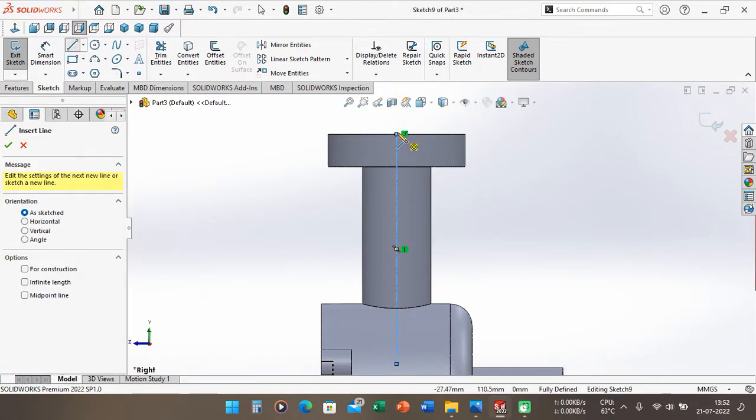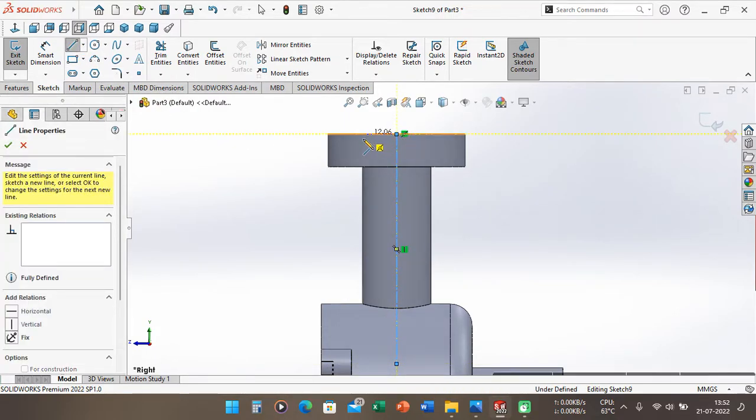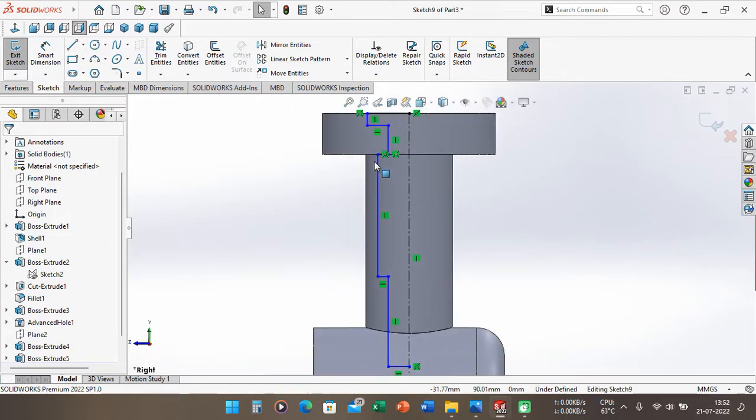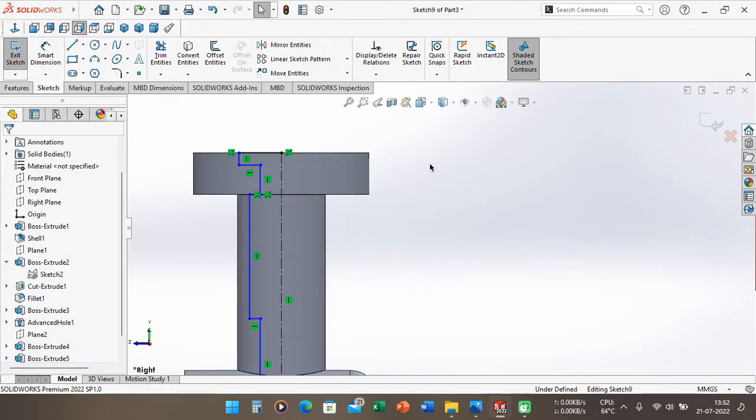Just the line again and make the shape of the tap hole. Okay, like this.